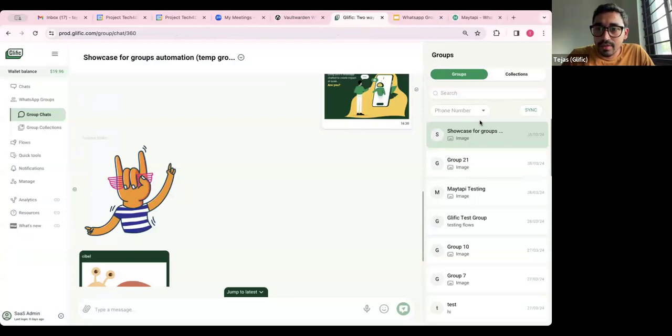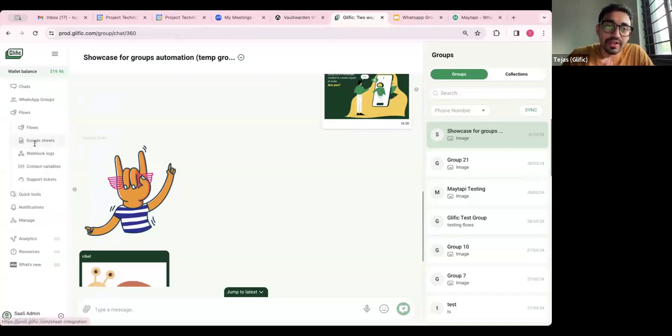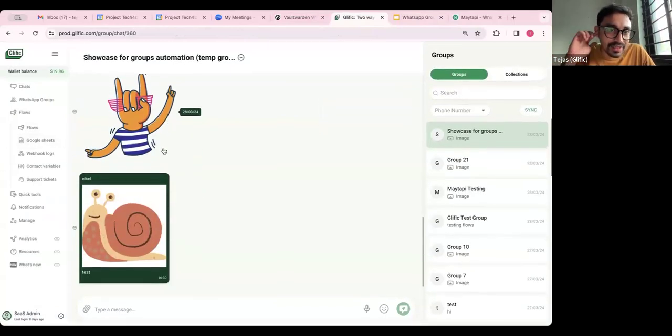For that, in Glyphic there is a functionality called triggering. There are three different functionalities that are combined over here. As you can see, some people are starting to send messages in the groups, so you should be able to see all this media. The eventual goal is that all this media and these messages get synced to a database. And then from the database, you're able to see, across 50 groups, what's the activity like? How many people actually responded? How many distinct people across all the groups have been active in responding, how many messages you have sent. So at that level. But we'll also show you in a bit.